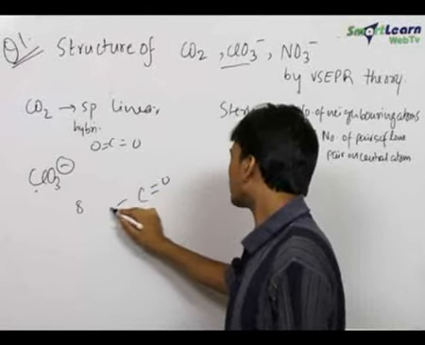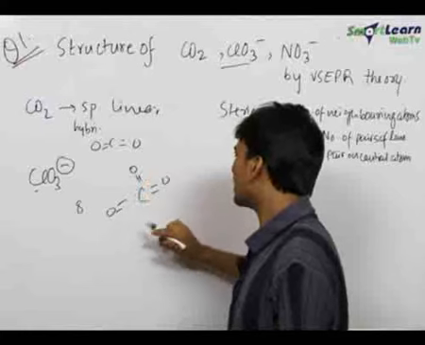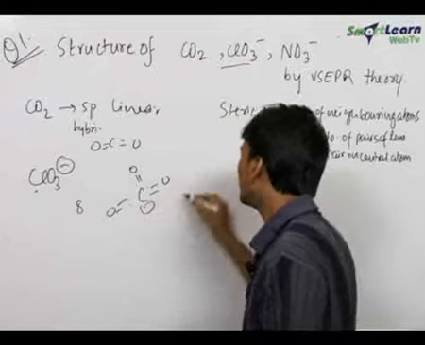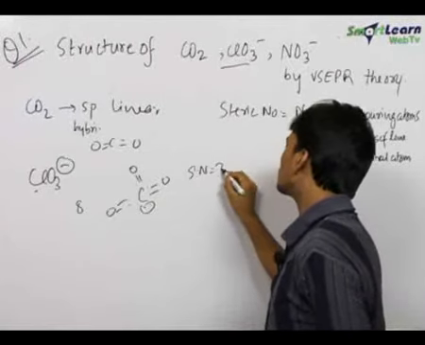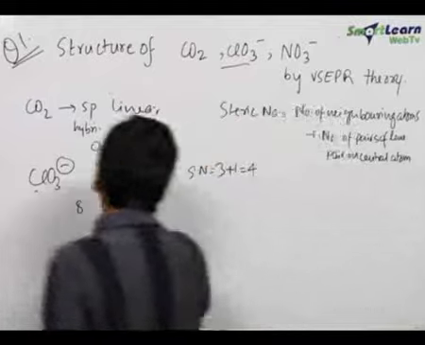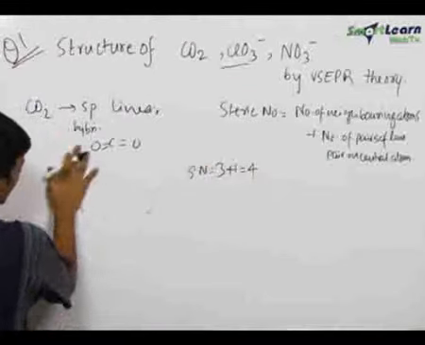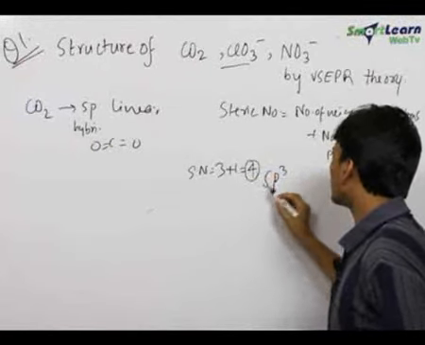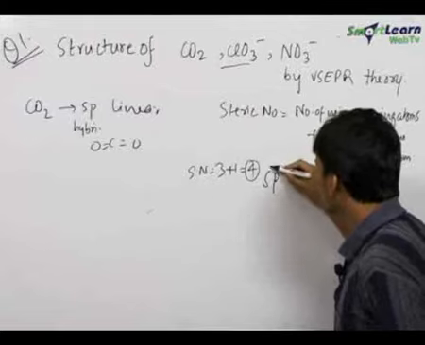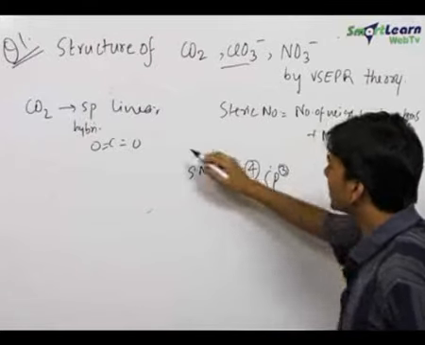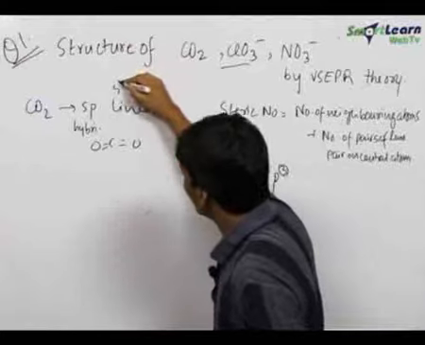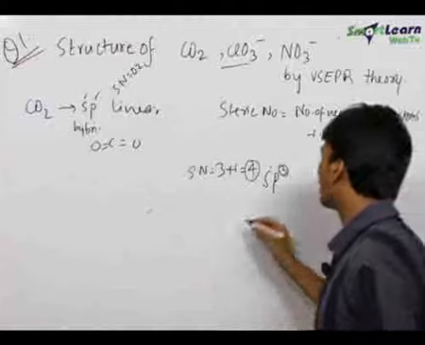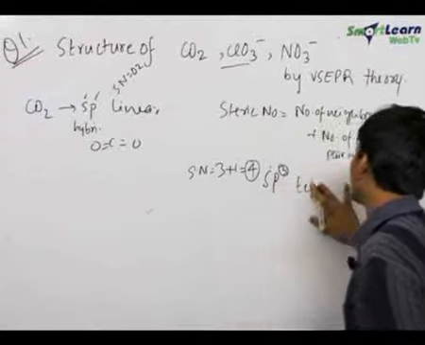Now this chlorine will bond with 3 oxygen atoms. Therefore 6 electrons are occupied. Therefore it has a free lone pair. Therefore its steric number is equal to 3 plus 1 is equal to 4. Now we know that for steric number equal to 4, we have sp3 hybridization. Steric number equal to 4, therefore we have to incorporate 4 orbitals, that is 1 s and 3 p orbitals. Like in this case we had steric number equal to 2, therefore we made 1 s and 1 p. Therefore this is sp3 hybridization. Therefore it is tetrahedral geometry.